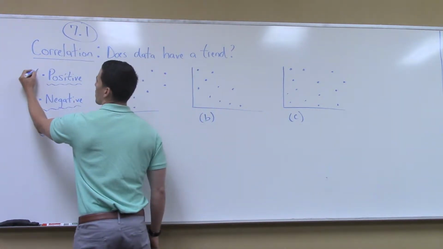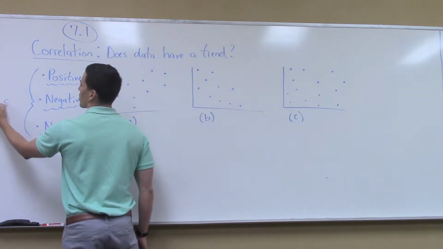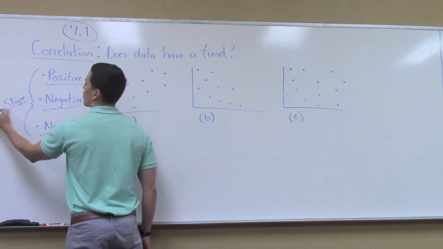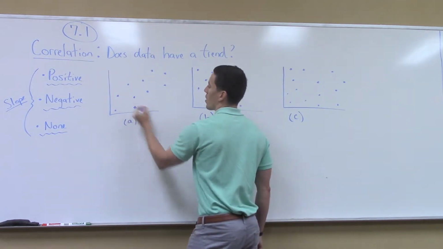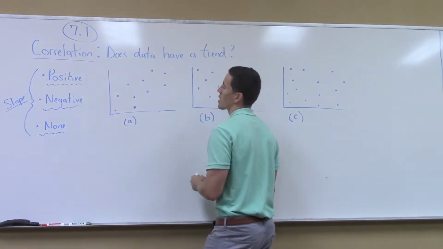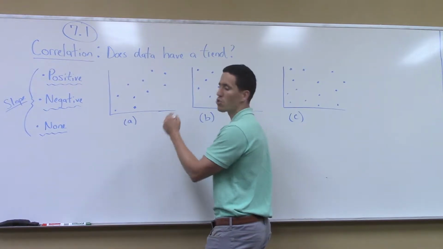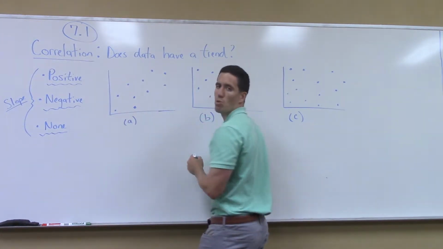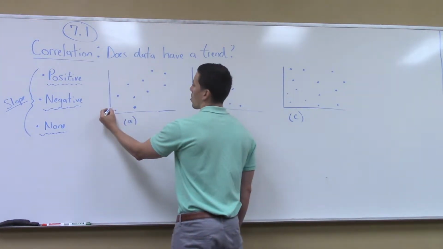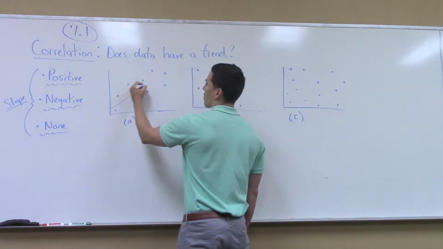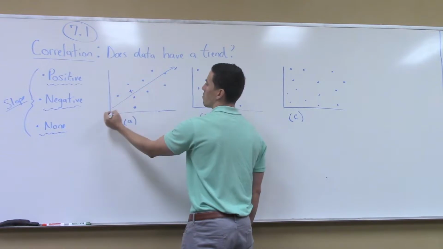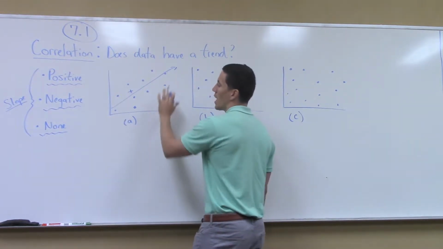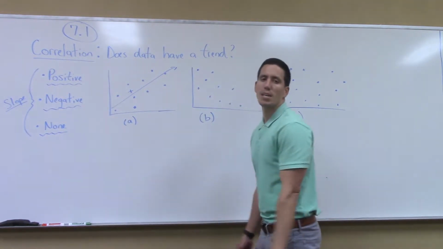And really when you're thinking about all of these, you can connect them somewhat to the idea of the slope of a line. So if you'll notice these data points on this graph, on this XY axis, in general are trending up and to the right. So if I were to draw a line that kind of fit through the middle of these data, this line would have a positive slope up and to the right, and we would say, generally speaking, this data has a